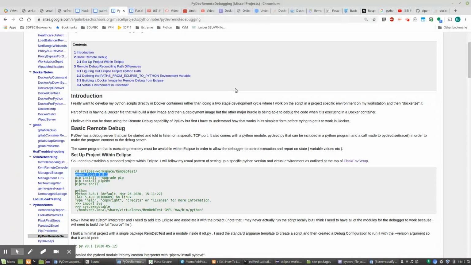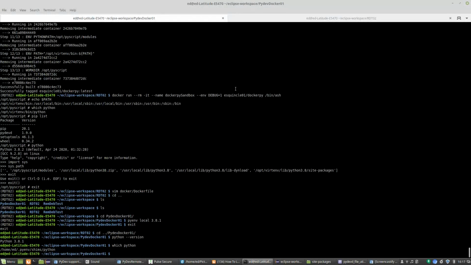So the tool that I'm currently using for that is pipenv. Now, we've already got pipenv installed against this 3.8.1 interpreter, and I think if I type something like pip list,